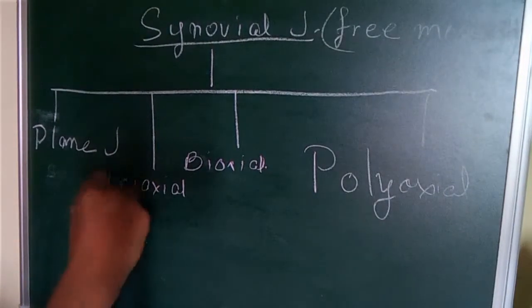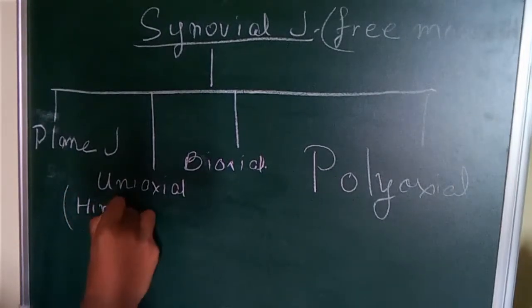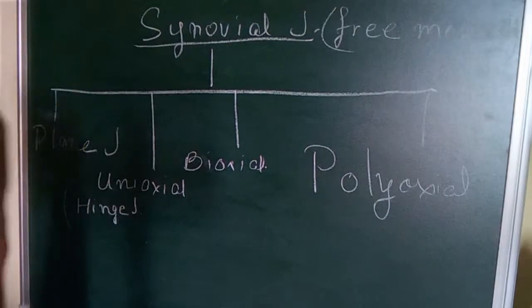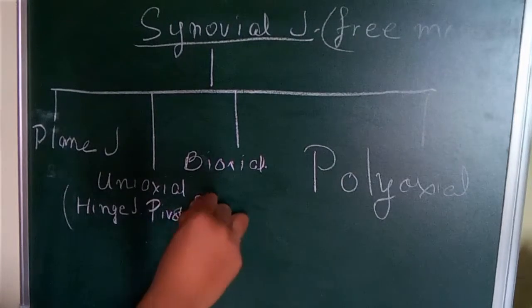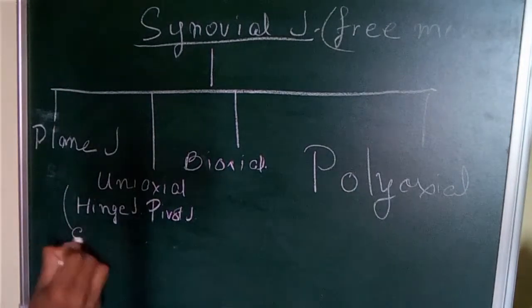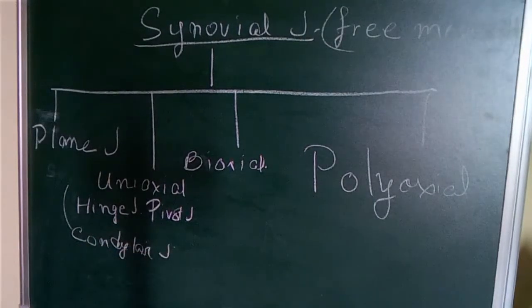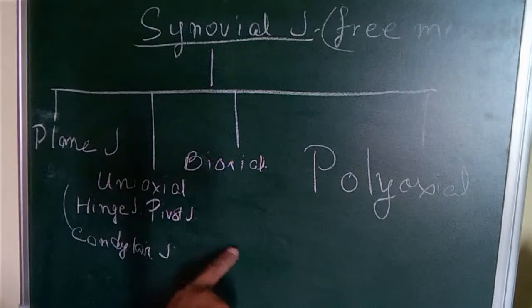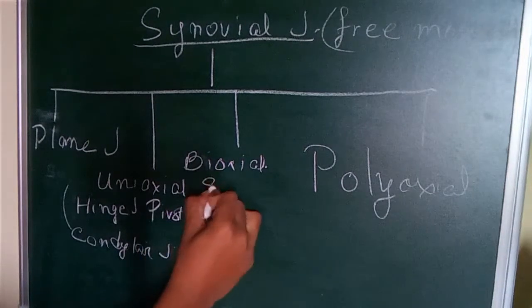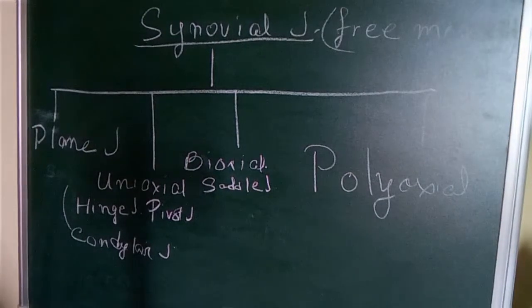Uniaxial joints are the hinge joint and the pivot joint. The biaxial joints are the condylar joint, ellipsoid joint, and saddle joint. And the polyaxial joints